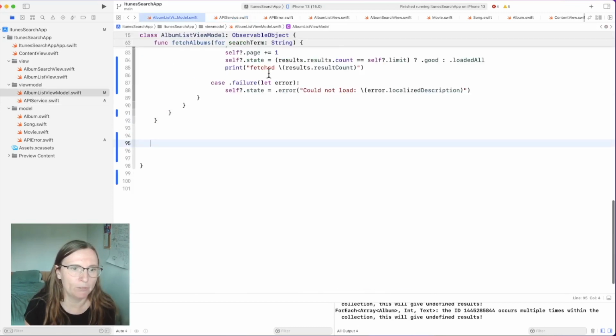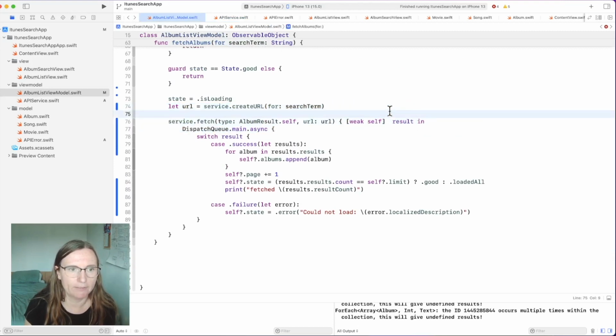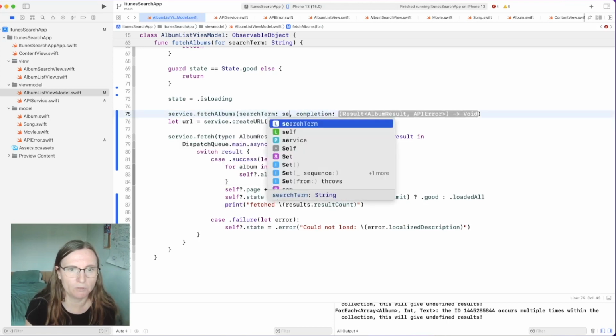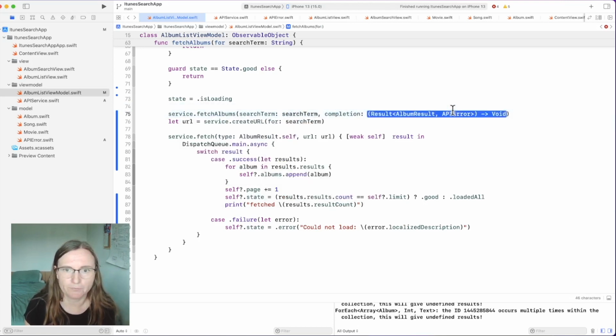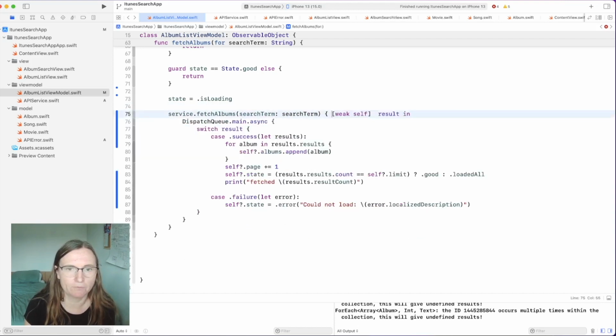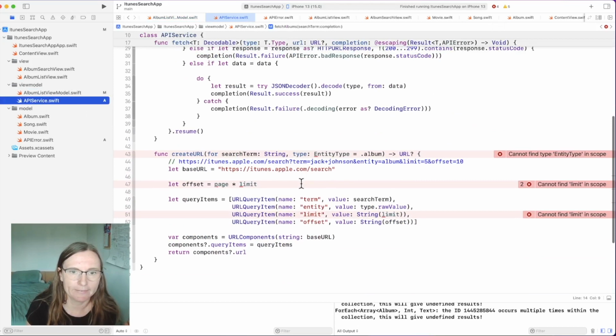Going back to my view model, I can now replace this too by saying service.fetchAlbums for search term, and then the completion. And this is the same as I defined before, just making it a little bit faster for myself later. But there's still something I did wrong. I guess I didn't pass enough parameters. I guess it's because